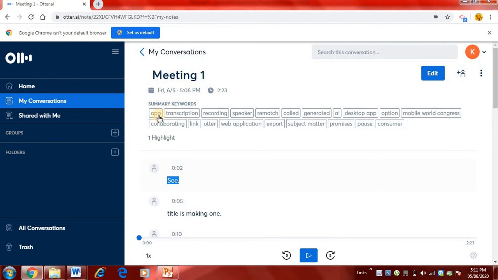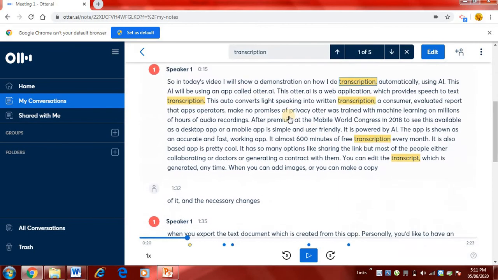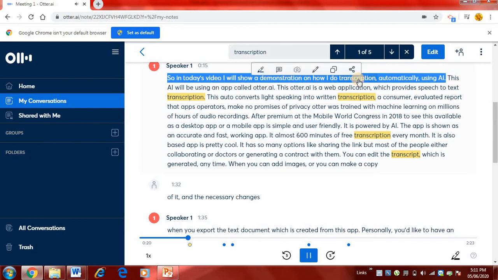Now to track the keywords, like who has said this point and who has said that point, you can track by clicking on the keywords, right? If you see, like transcription has occurred like 5 times. So in order to go through transcription automatically using AI, this AI will be using an app called Otter.ai.